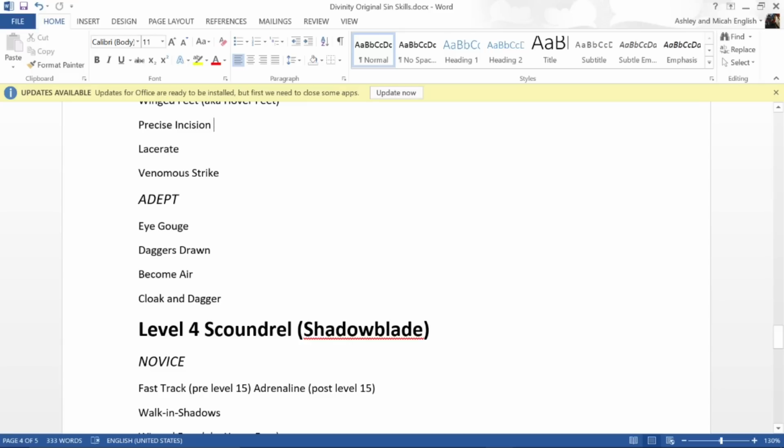One of them makes you bleed. One of them blinds you. Just phenomenal. Then you're going to pick up Daggers Drawn. Daggers Drawn is going to be your ability, as I'll show you in the videos, that is, not in my opinion, in math's opinion, more effective than